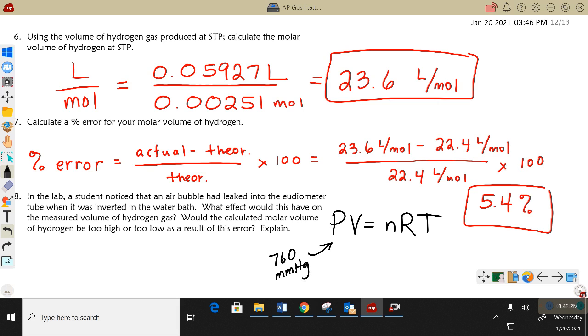Let's say you solve for volume, you leave this as your variable. We would be calculating the volume of 1 mole. R would be my constant. And here I would use the constant in whatever pressure unit I chose. So let's say here I'm sticking with the